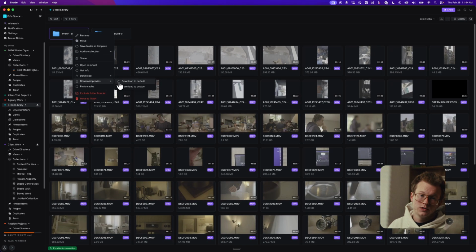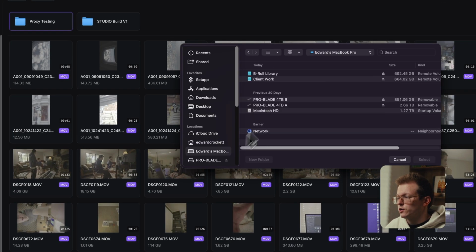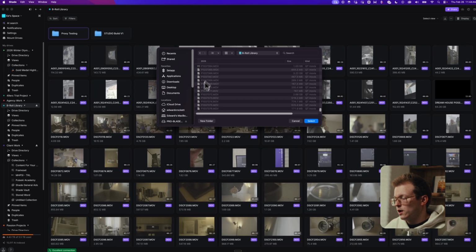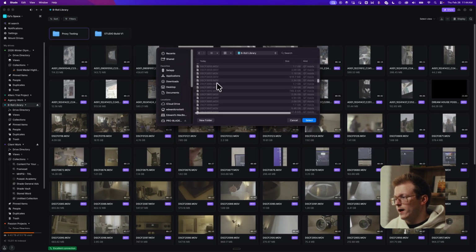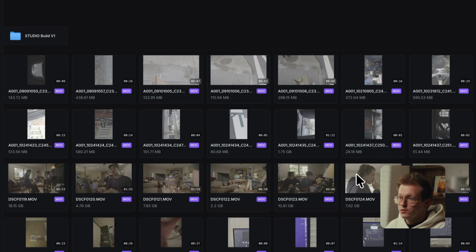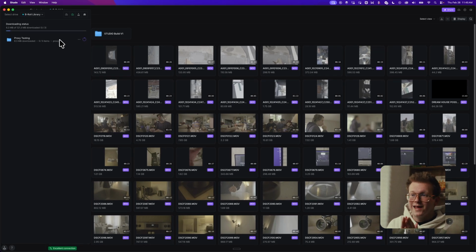Now, for those proxies to still exist in your mounted drive, you would simply create download to custom, and then you would select your mounted drive of choice. You could even select a folder of where to put those files in. So if I want to put it back in this proxy testing folder, then I could do that. I simply hit select, and then those files are being converted into proxies and downloaded,